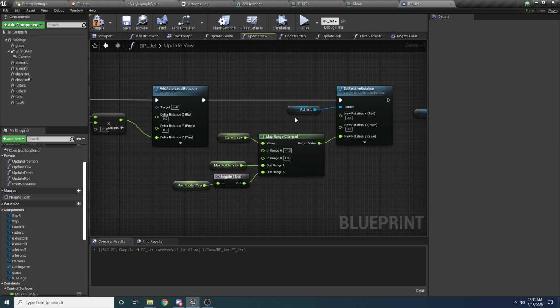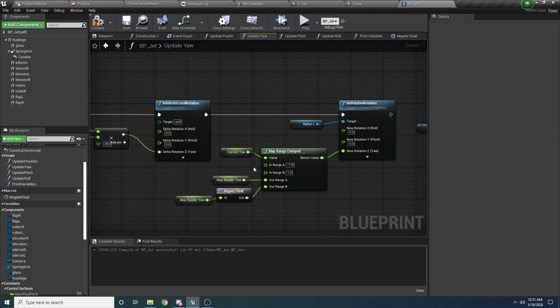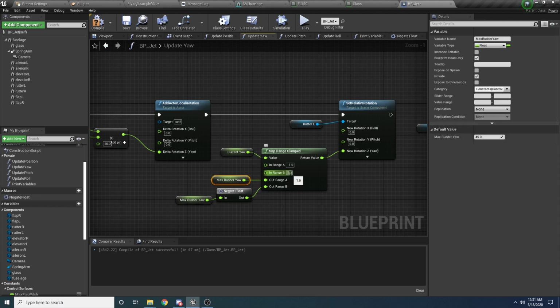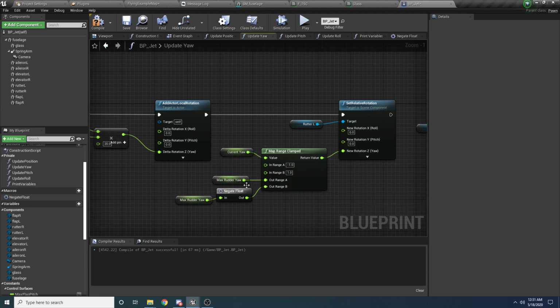So just to summarize, what this is doing is it's saying, let me look at the current yaw, and again, this value is going to be between -1 and +1. It's saying, okay, if it's -1, use this value, which is 45. If it's +1, use this value, which is -45. And if it's somewhere between there, like say it's 0, then it's going to use halfway between -45 and +45, which is 0. But if it's some arbitrary number like 0.27, then it's going to be using 0.27 of this -45. So it's a nice interpolation between -1 and +1, and it converts that to be a value between -45